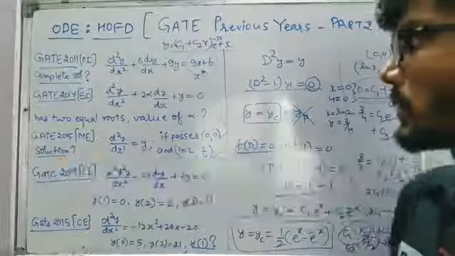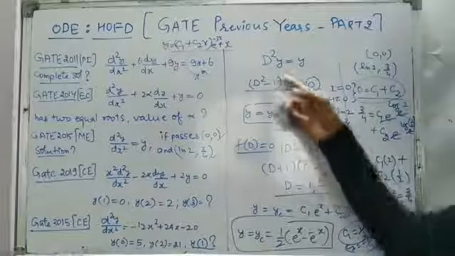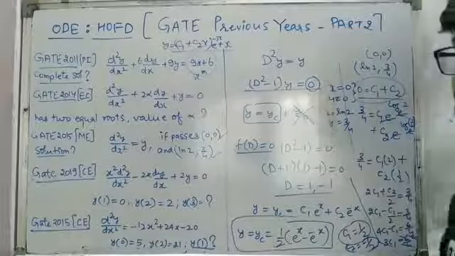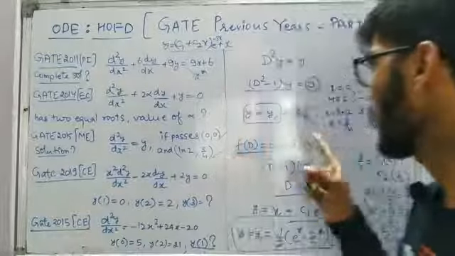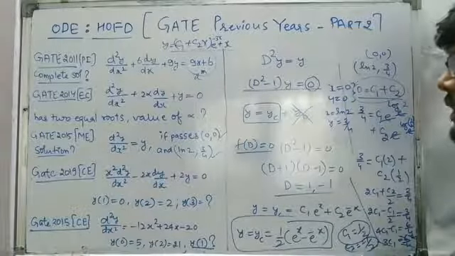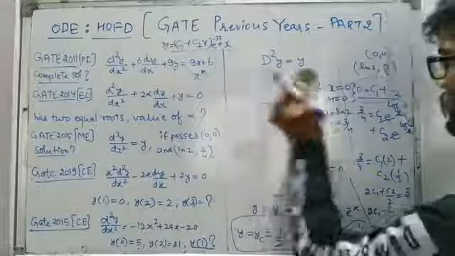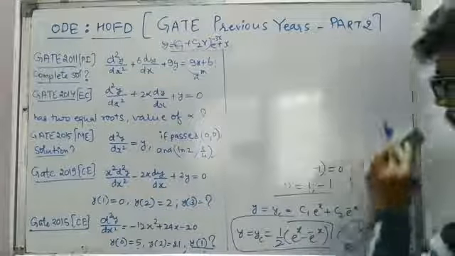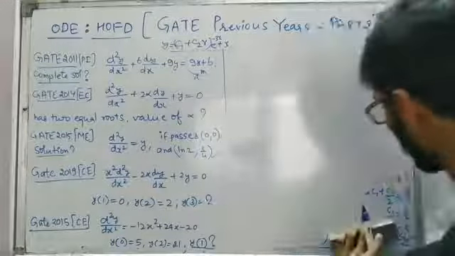It is given that we wish to calculate only the solution, but it is quite obvious that it is of the form f of D into y is equal to 0. So in the complete solution the yp part is not going to exist, so we have the complete solution as the complementary function only. So that's all for this question, and now we have to move to the next problem.